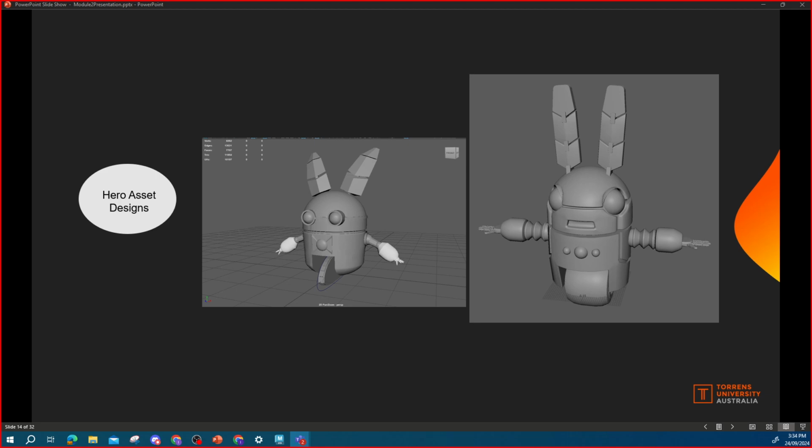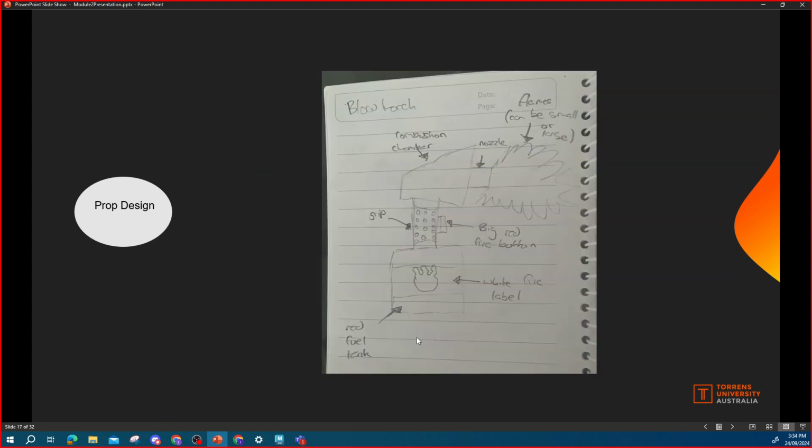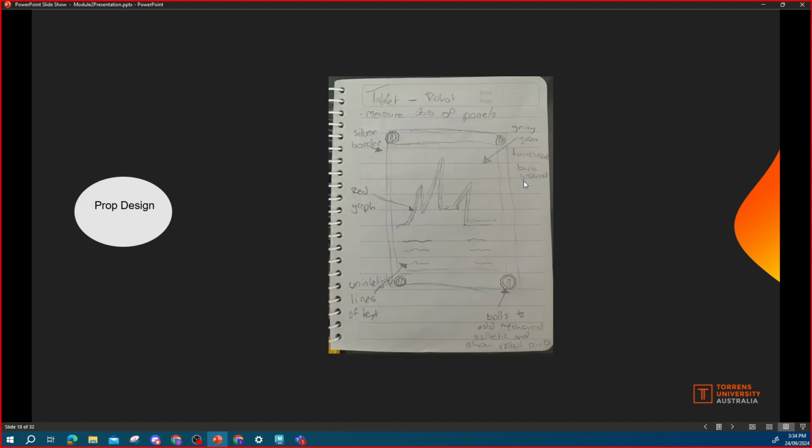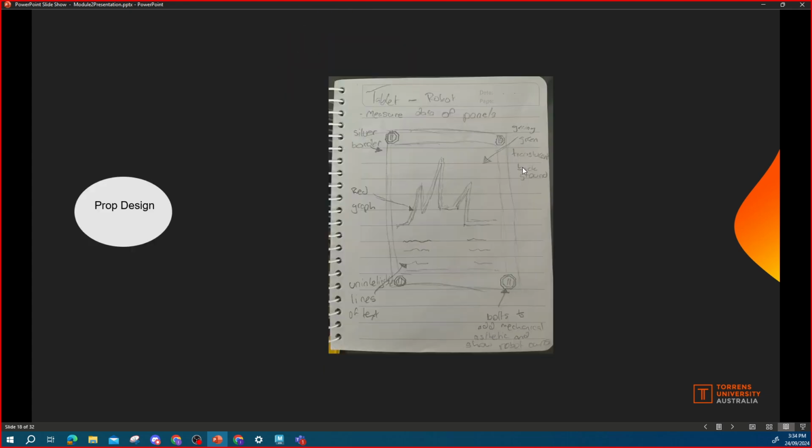Everyone's good? No questions? With that said, let's have a look at prop designs. I'm not sure, sorry, I haven't really looked at the props too much yet. There are designs for the blowtorch, but we have limited designs currently shared, right? So as I mentioned, since there are no designs there that we can choose,